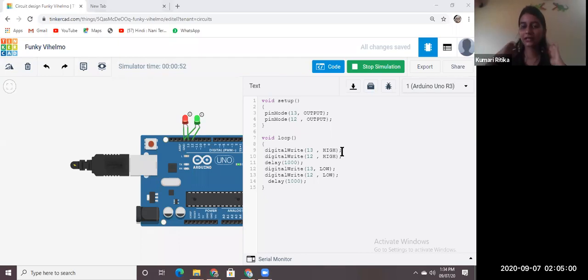Just try this code and let me know in the chat box. Till then, I am explaining the code again. In any Arduino program, we have two parts. For the last time, I have sent the chat link.